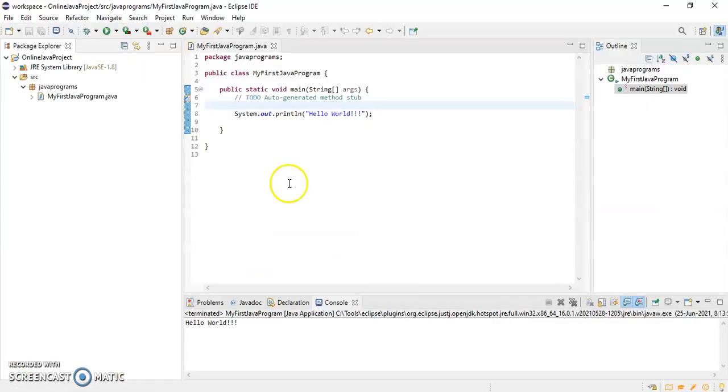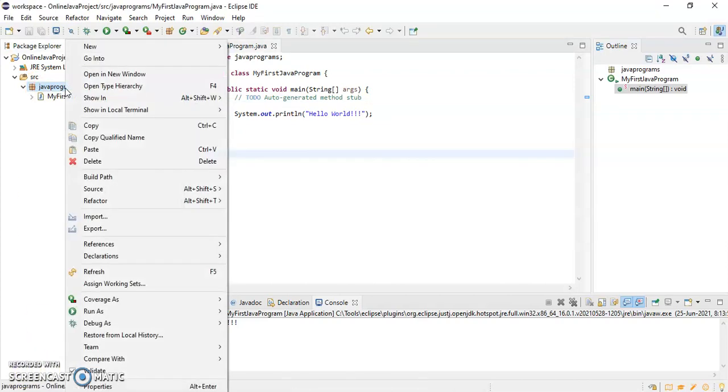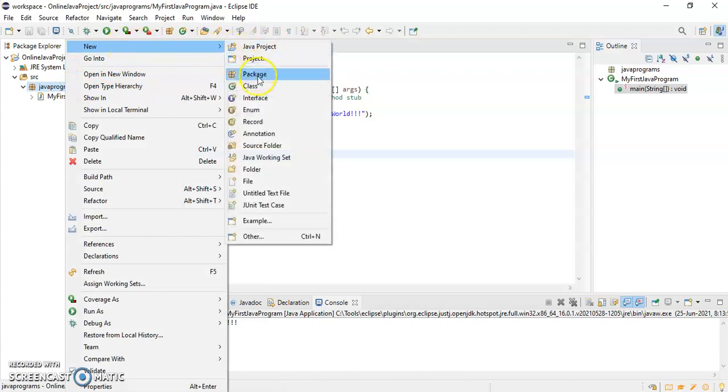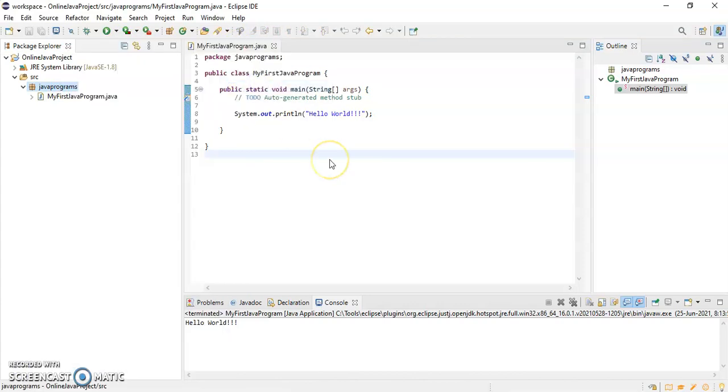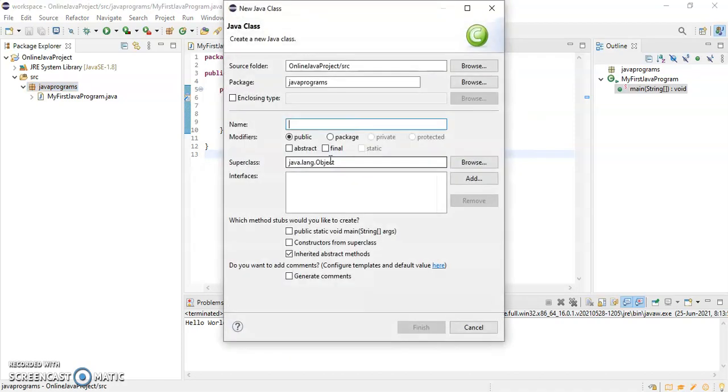Okay. So what we can do is I'll create one class file here. And I'll name it as data type example, and I'll create a main method.